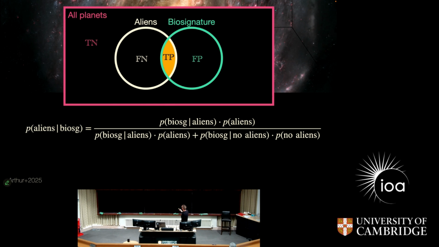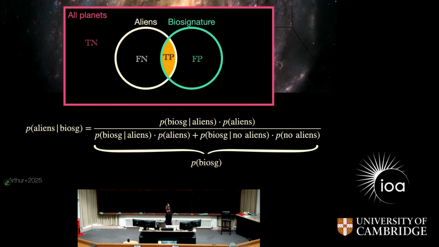We can write this in the standard way. We've got the likelihood and then a prior, the probability of aliens. This is the probability of the biosignature given aliens. Linking this to our Venn diagram up here, this denominator term is just the probability of the biosignature,